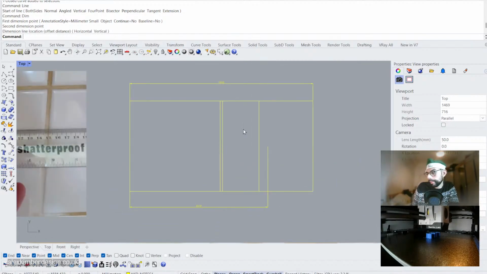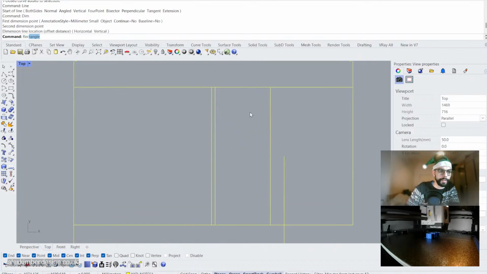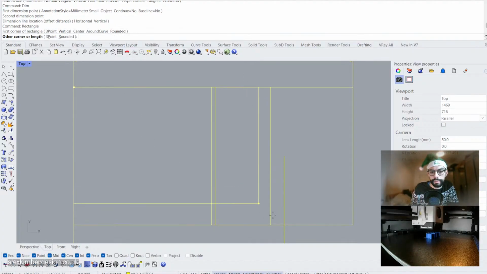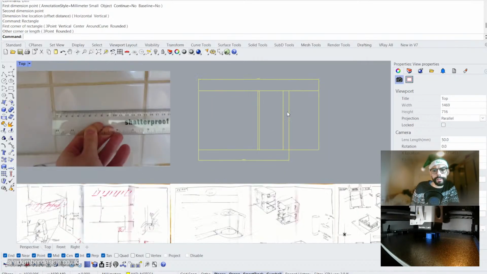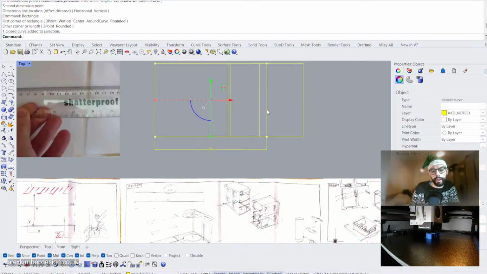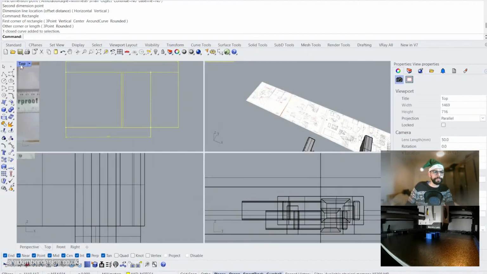Not irrational in the mathematical sense, irrational in the it doesn't make sense. So if I say that the module length is 1.5 tiles, what I want to do is